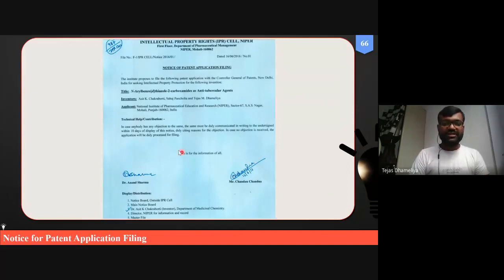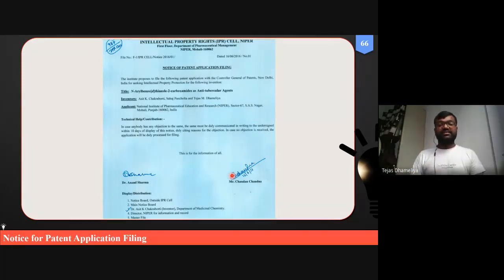Okay, and this notice defines that so and so authors, on behalf of this applicant institute, with this title, are going to file for the patent, and anyone who has an objection should contact the persons signed below immediately if they feel that the patent should not be granted.